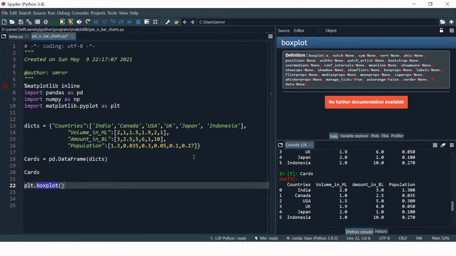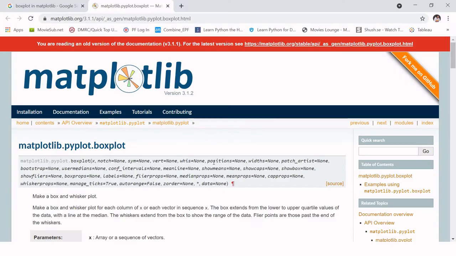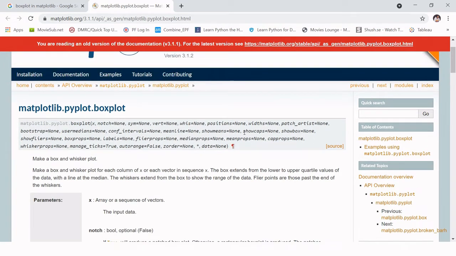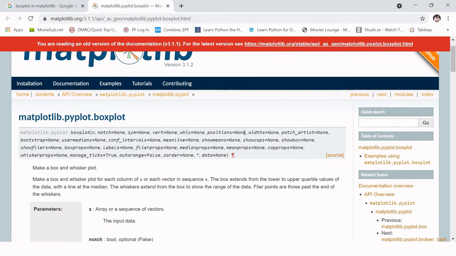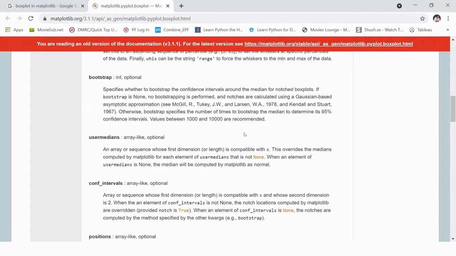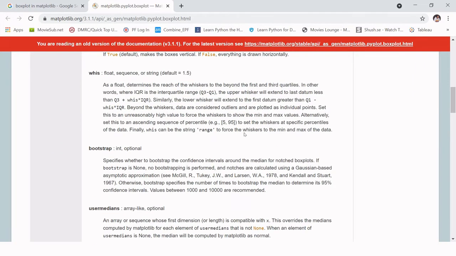But here we're just going to cover the things which are most frequently used. If you are interested in learning each one of these options, I strongly recommend you go to this website, which is the page for Matplotlib, and refer to all of these options, learn all of these options in detail, and you can use that further.